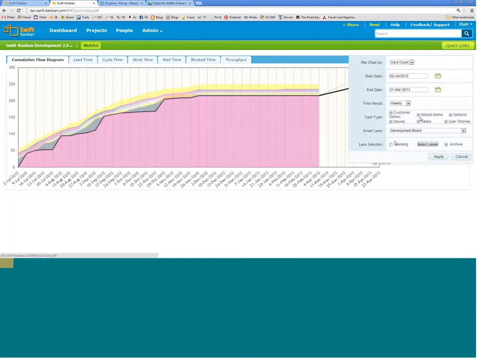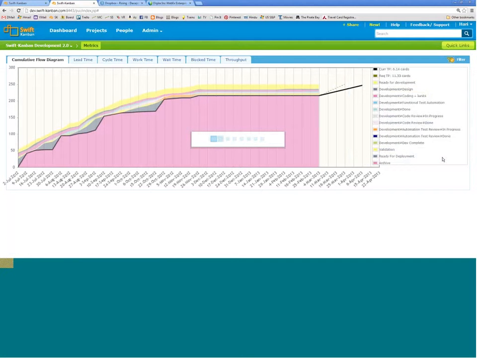I'll make this slightly more pronounced by saying: don't just forecast based on the cards which are on the board, but also add whatever cards are in the backlog. Let's say I extend the end date to May 31st and replot my cumulative flow diagram.